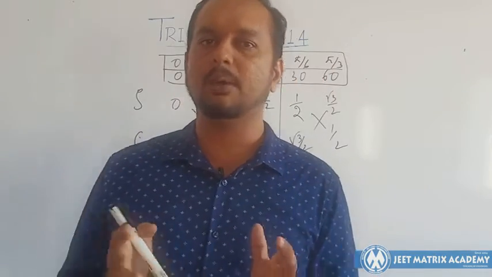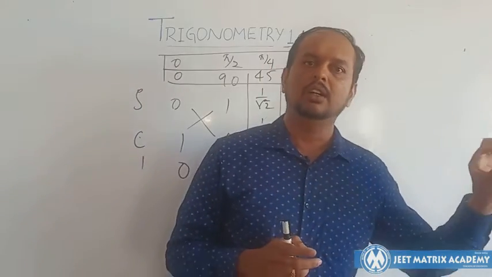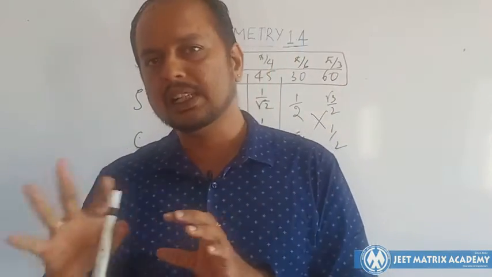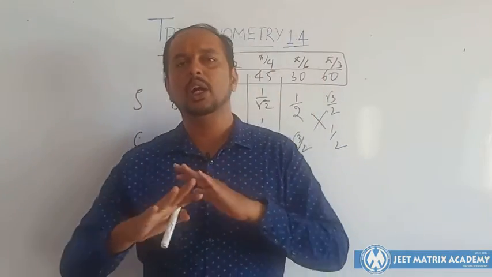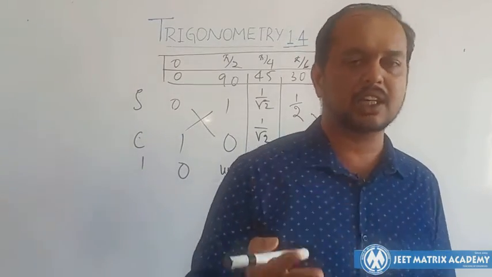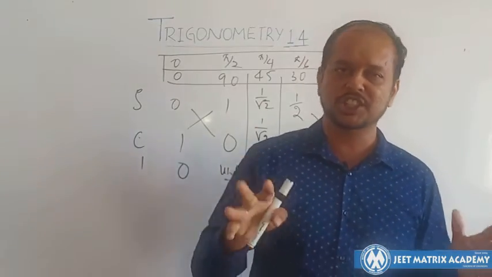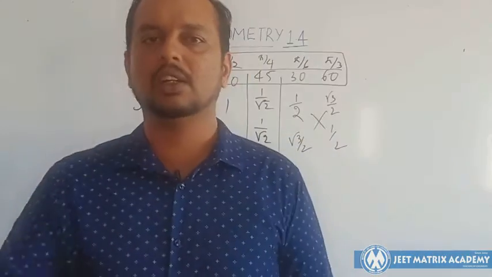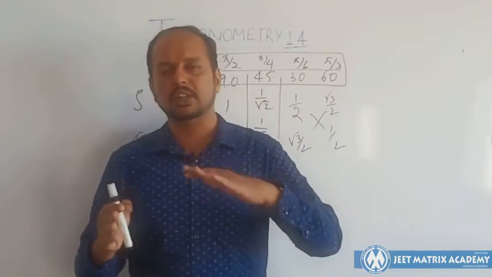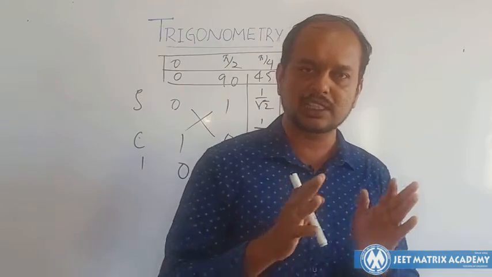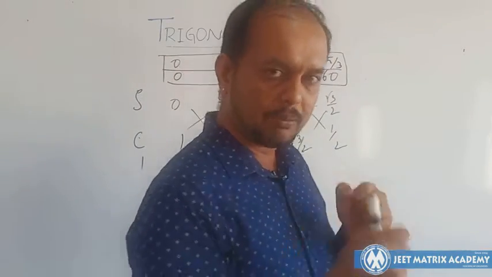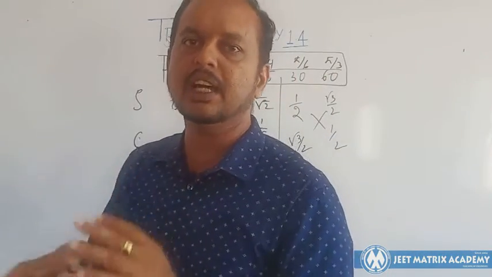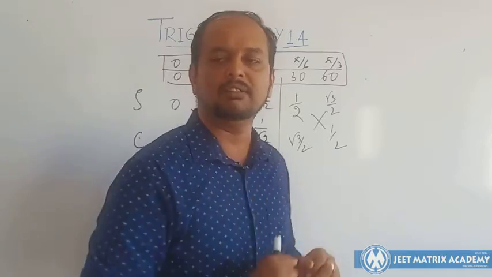When complicated problems come, you look at how much it was rotated, and you can easily convert it into a smaller value. Any number of revolutions, it may be 10 revolutions, 100 revolutions, whatever, we can convert within 360 degree, because again it will be the same, it is rotation, right? A simple rotation you can convert within 0 to 2 pi values. This is the idea where you should put effort. Complicated problems you should reduce to smaller ones by remembering these angle wheels. So let's see angle wheels.